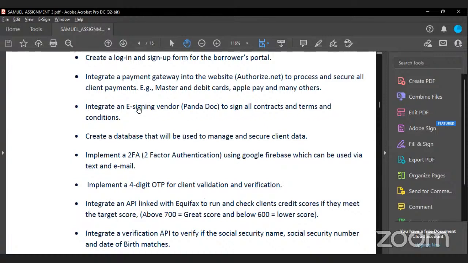We would integrate an e-signing vendor, PandaDoc, to sign all contracts and terms and conditions on the platform. This is one part of the borrowers portal, giving an opportunity for all documents to be signed on the platform, so that you don't have to print out the document, sign it, and take it back to the organization or the provider for review, and then they also sign.